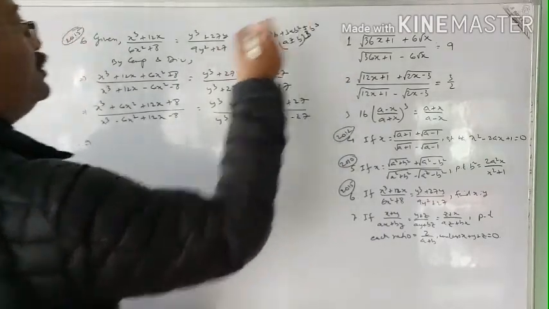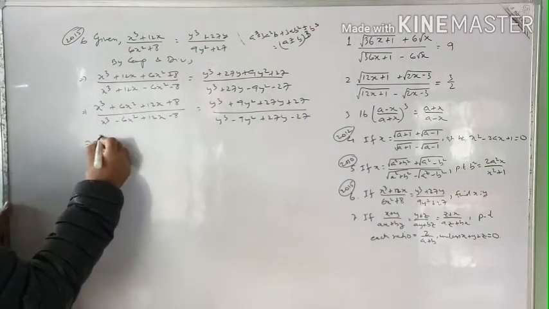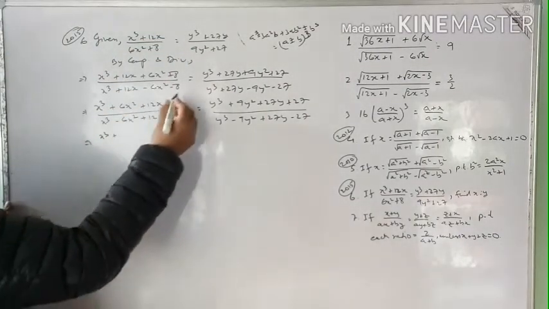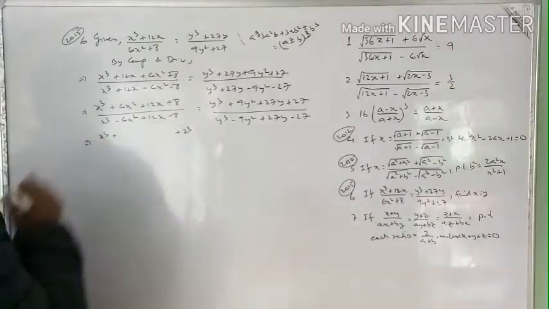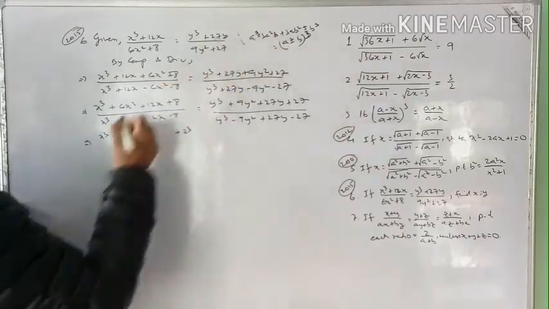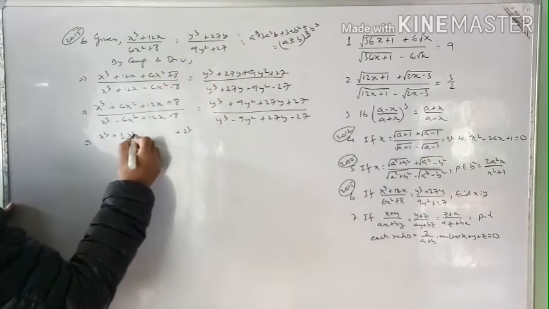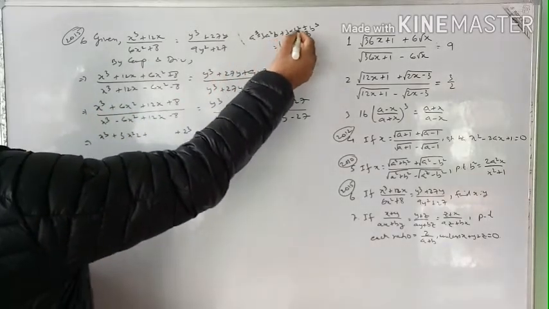So we try to use this formula. Try to write in the formula form. So a cube is x cube, all right, plus b cube is 2 cube. So a and b we have identified. This is a, this is b. So next term we write as 3a square b form. So 3a square is x square, b is 2. So 3 times 2 is 6, all right. Now next we write in the form 3ab square.